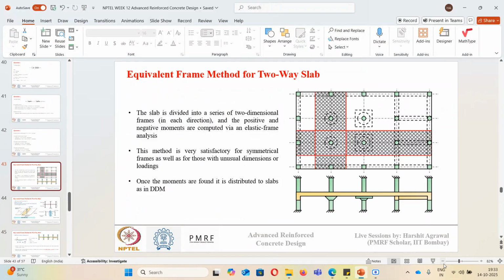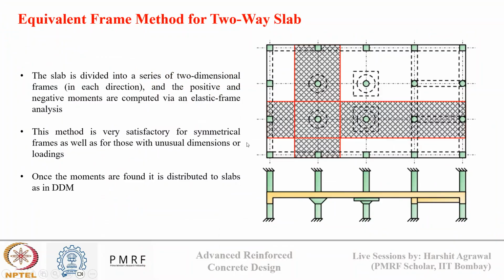Now another method for design of two-way slab is the equivalent frame method. As you can see in the figure, it shows the top view of a building floor, and we can see in this floor there are different shapes of column. There are circular columns, there are rectangular columns, and there are different slab segments within the same section. If we take this segment and see the side view,